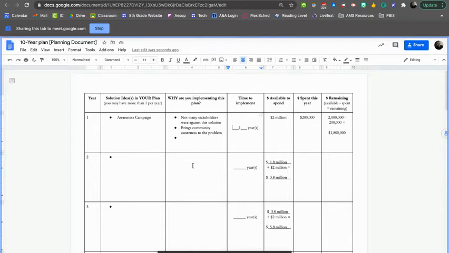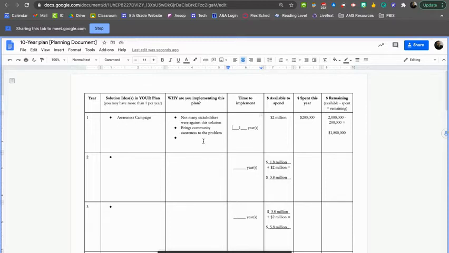I know if I was a student, I would want something a little bit more structured like this, so I can figure out exactly what is going where and put all those puzzle pieces together. For an example, I might want to start with the awareness campaign. Again, there's no right answer. There's no requirement on what solutions you need to use, and you're not required to use all of them either. So I have the awareness campaign that I'm going to start with.